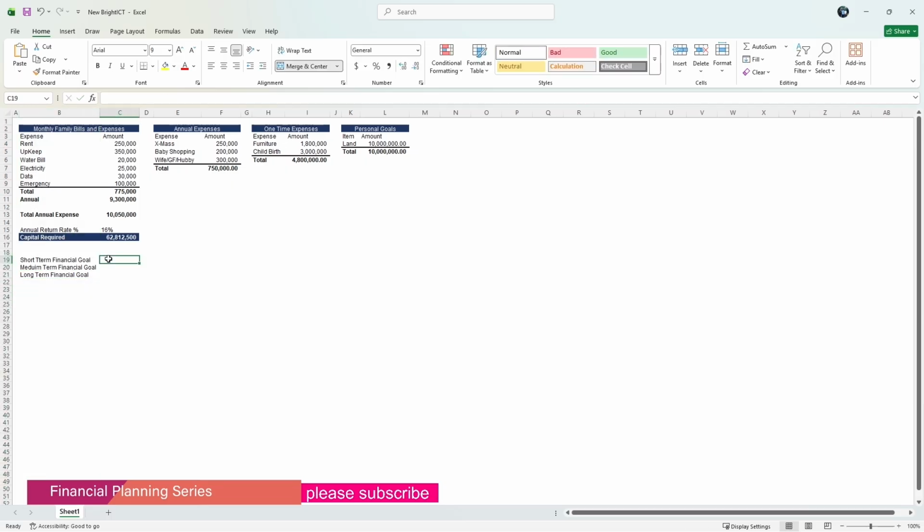Okay. So what is our short-term goal? We are going to consider this one-time expense with our short-term goal. So we are going to equate this to this. You're going to be looking at one-time expenses in the short term. Then in the medium term, you're going to look at these other personal goals,